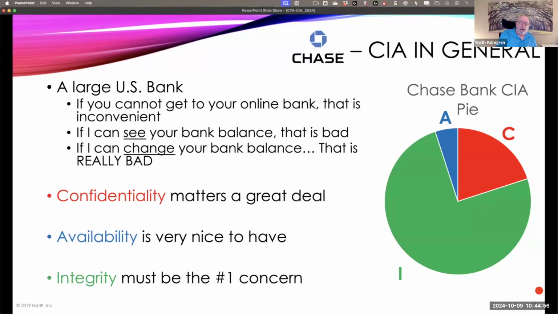Hopefully, in order for you to log into your online bank, you have to enter good, strong authentication, preferably two-factor or multi-factor authentication, passphrases, the whole bit. And normally, strong authentication measures of that nature are considered a confidentiality measure. I keep you out of my network, off of my system, so that you can't see my stuff. And that is a valid reason for doing authentication. It absolutely is. But in this particular case, the confidentiality part is a secondary concern.